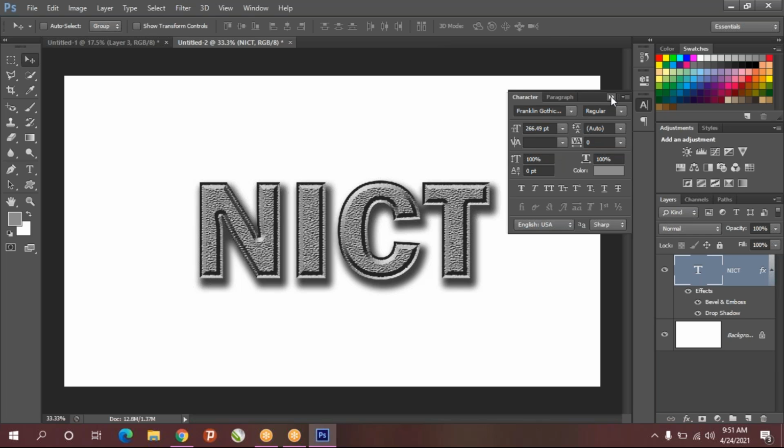Now this one is not matching with this, so we'll make like fantasy fonts. Okay, so I'll enable text options, take text tool, we'll change the font style.